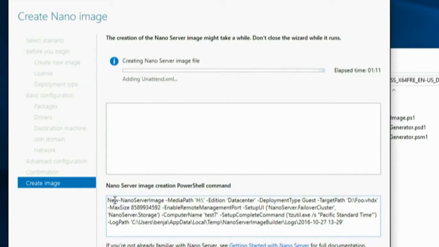What's going on, by the way, while this is happening, and you can see a bunch of text flicking by, is we're going through and doing all the work that normally you would do by hand and it would be a real pain. We're creating a virtual hard drive, mounting it, applying the WIM offline, doing role configuration offline. The thing that I really like about this, as a side note,